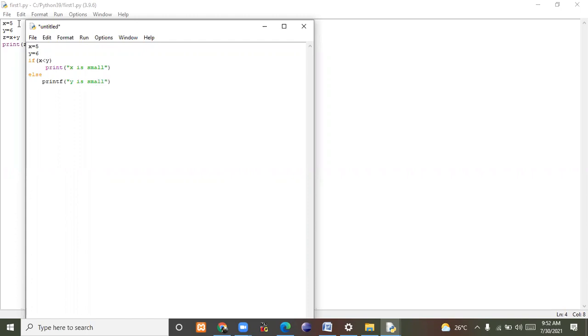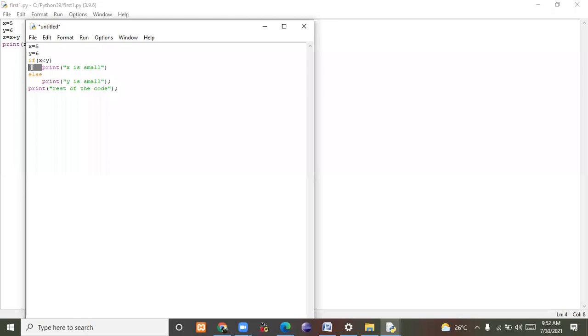Try to understand here, students. This is a print. Then the rest of the code. See, these lines have indentation. Indentation means from here to here.